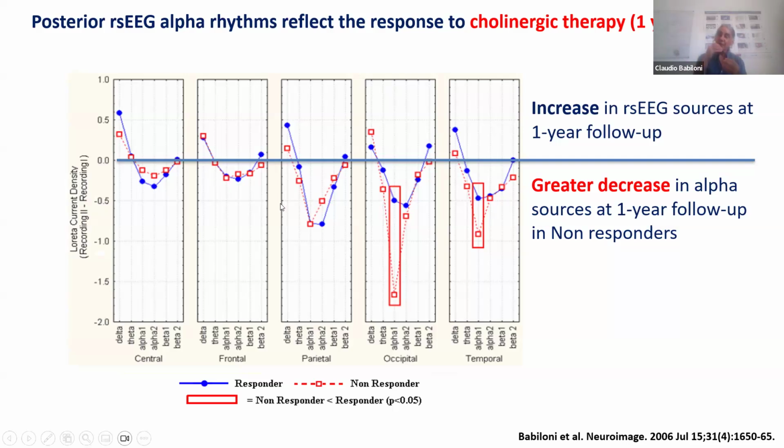And this use of the cholinergic therapy and the relation with EEG was another demonstration of the importance of cholinergic transmission and connectivity in the function of vigilance in quiet wakefulness, tested with the resting state eyes closed paradigm. So the talk is ended today.